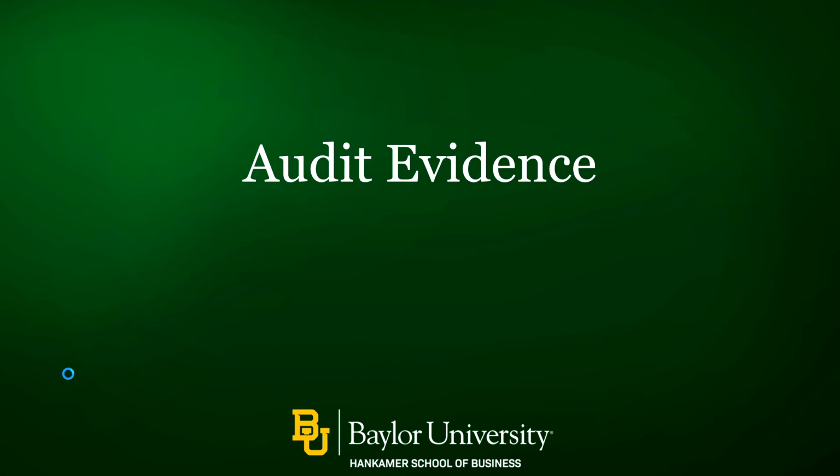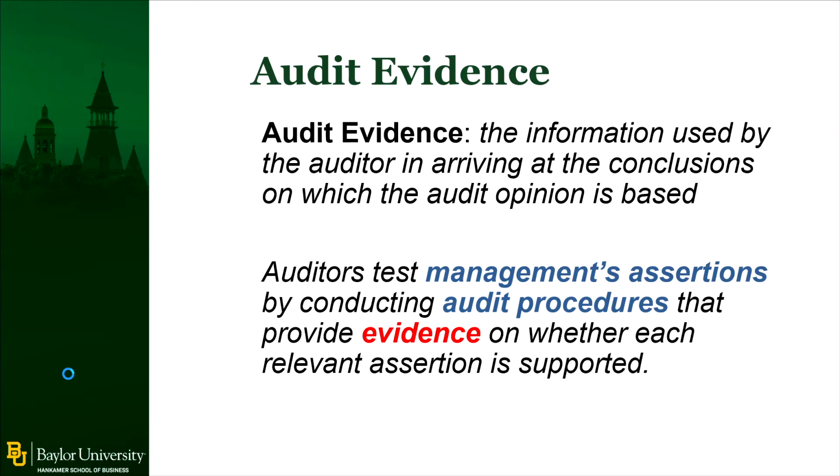So finally we get to talk about audit evidence. We've been working our way through Chapter 5, working through a discussion about assertions and procedures that collect audit evidence. So now let's actually talk about what is good audit evidence. So audit evidence is the information used by the auditor to arrive at the conclusions on which the audit opinion